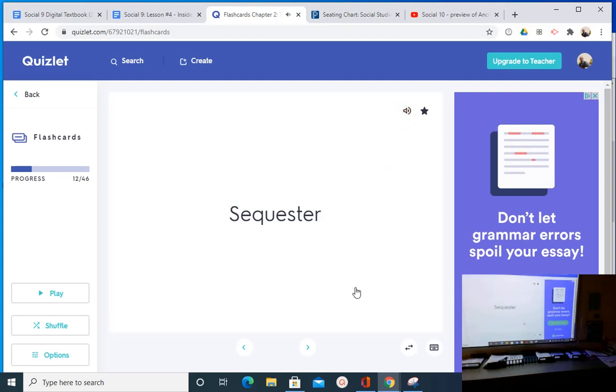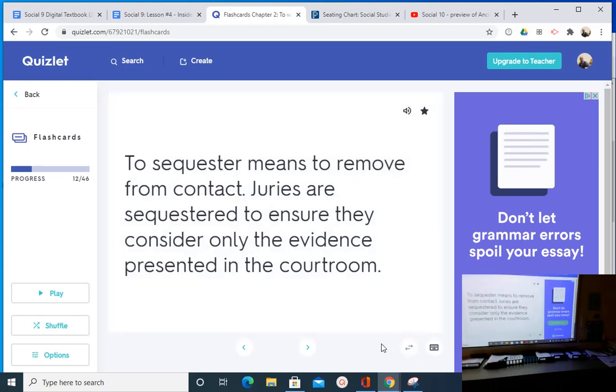Sequester. It's a verb. So if the jury is sequestered, then what they're trying to do, like the document tells us, is prevent a bias, right? They want the verdict to be based upon the evidence, not based on hearsay or public opinion, the buzz on the street, what people are saying on Facebook about the murder, or whatever the wrongdoing was. They want the jury to be independent of all that public bias and make a decision just based upon the evidence presented.